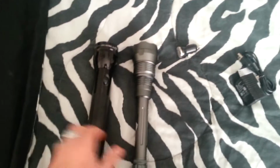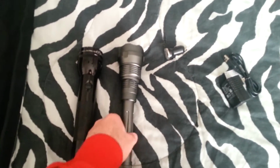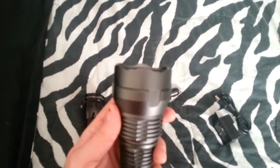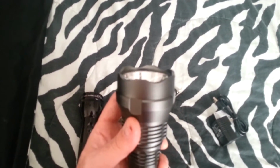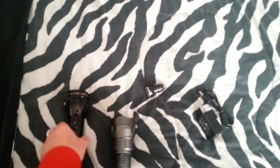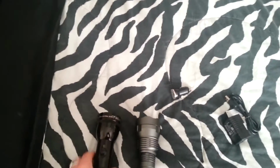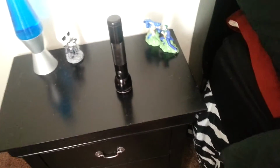And I'll go over the light modes here in a second. Do want to show here too. A lot of flashlights now are doing the scalloped head. You can see it right there. The head of the flashlight is scalloped compared to the MAG smoothness, and I'll show you why they're doing that. Is because of this. If you have your flashlight on and you set it down and forget about it, that is going to cook your